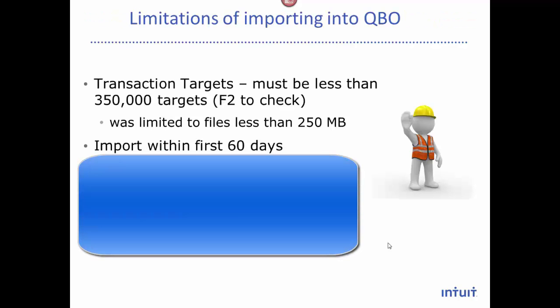Now, importing into QuickBooks Online, the transaction targets need to be 350,000 or less. It doesn't have to do with file size anymore, okay? I'll show you where the targets are found in the F2 window. You need to import within the first 60 days unless you are converting a desktop file to the free QBO Plus file we give you in QuickBooks Online Accountant. That has no cap, but assuming you're just going, it's a client's books and they're going to a new QBO sub, you have 60 days to do it. But that is totally reasonable in my mind because you want to do it right away, right after you create